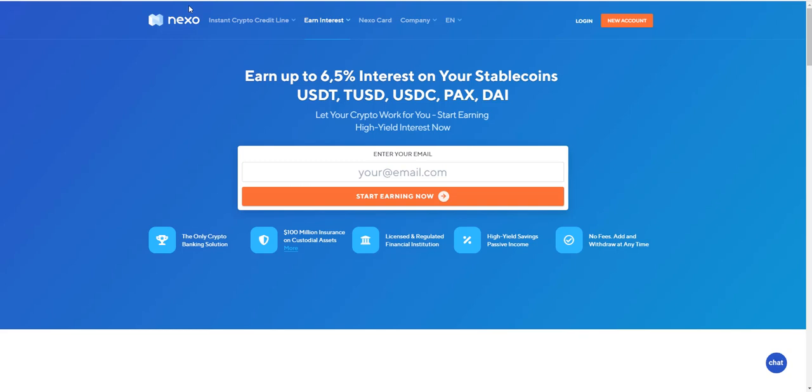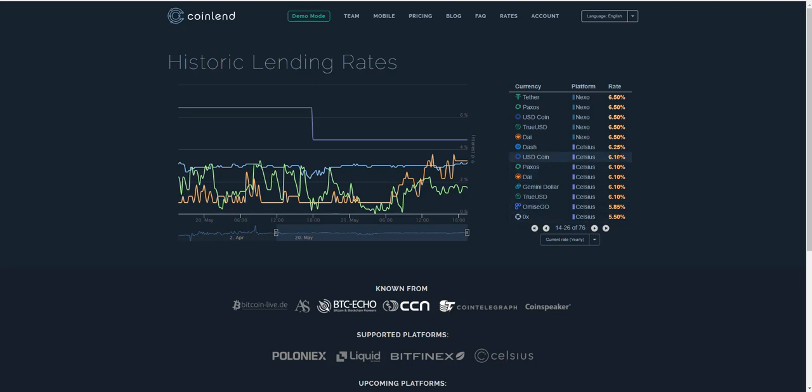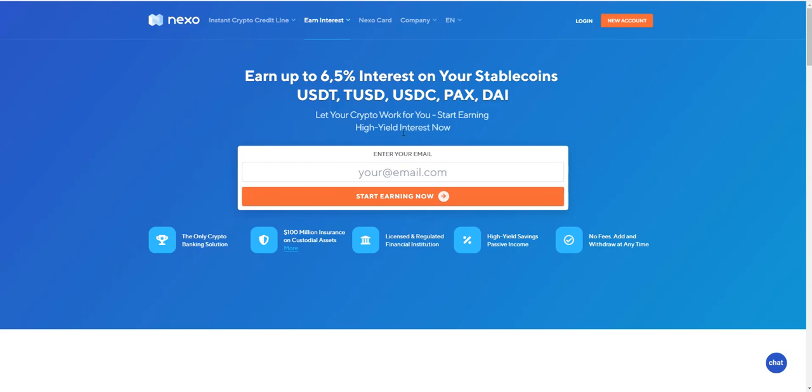And even if you compare it to one of their competitors, Celsius, for example, if you look here on Coinland, Celsius is offering 6.1% on most of their stablecoins. When Celsius first came out, their rates were 7.1%, and they've gone down to 6.1%. Nexo has maintained that 6.5% yield. Moving forward, all this is subject to change based on supply and demand. If there are more lenders than borrowers, you could expect the rates to go down and vice versa. But since they came out with this 6.5%, it hasn't gone down, and they've paid out their distributions daily